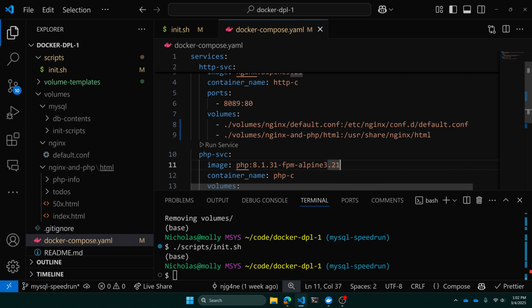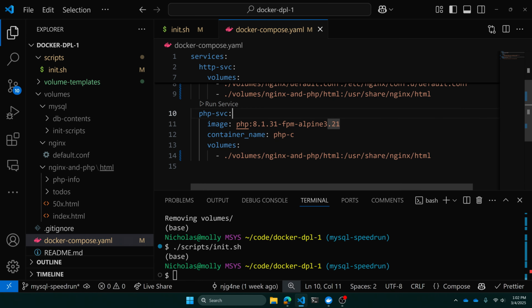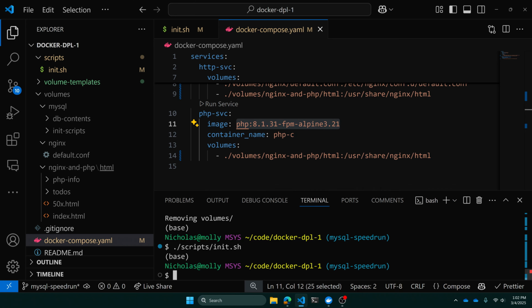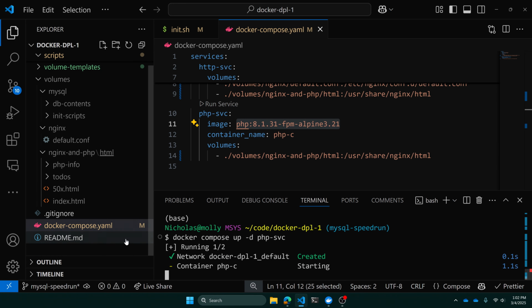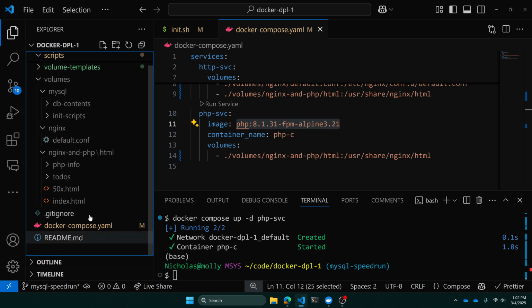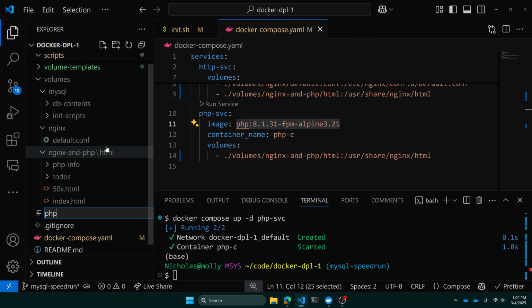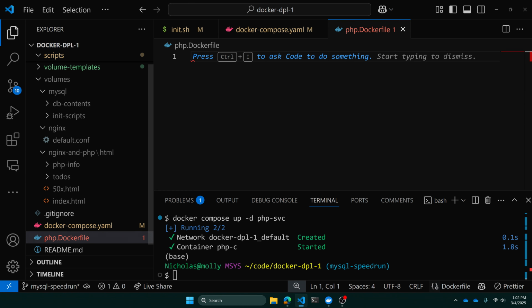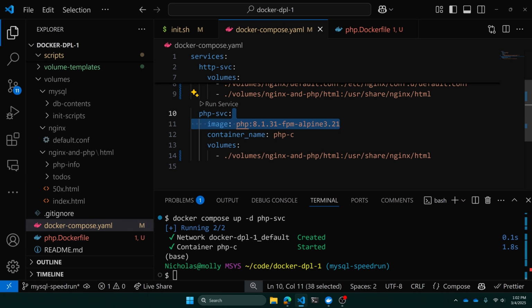And the PHP service is going to need an extension for the MySQL driver. So let's quickly raise up the PHP service, docker compose up -d PHP service, so that we know what we're going to have to run in a Docker file to create a custom Docker file for this. So I'll go ahead and create a php.dockerfile. I'll choose not to name this image, so I'll get rid of the image and just say build, and we'll go